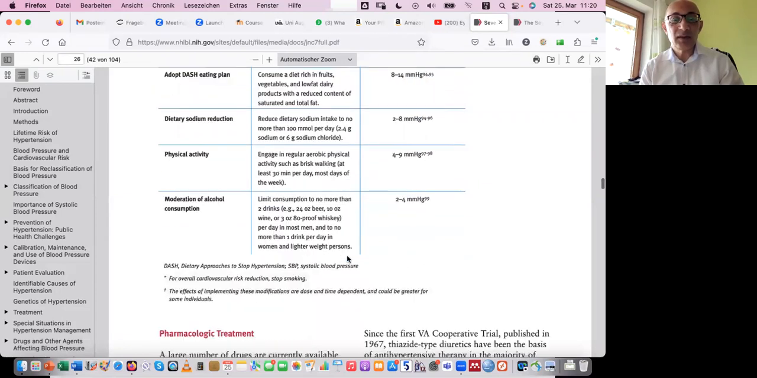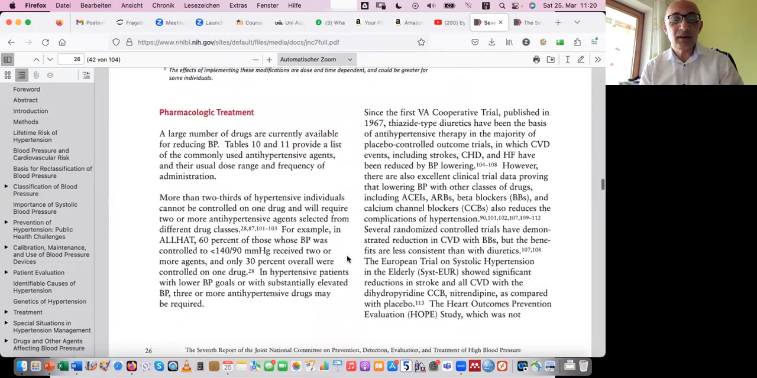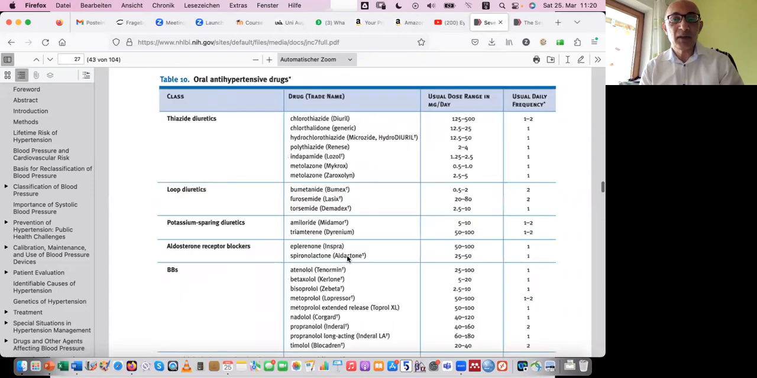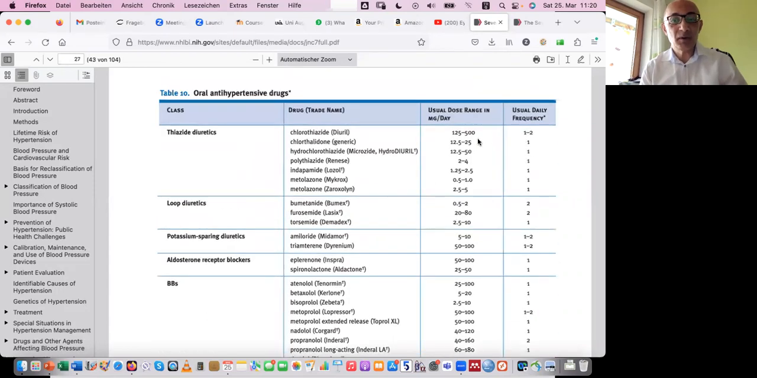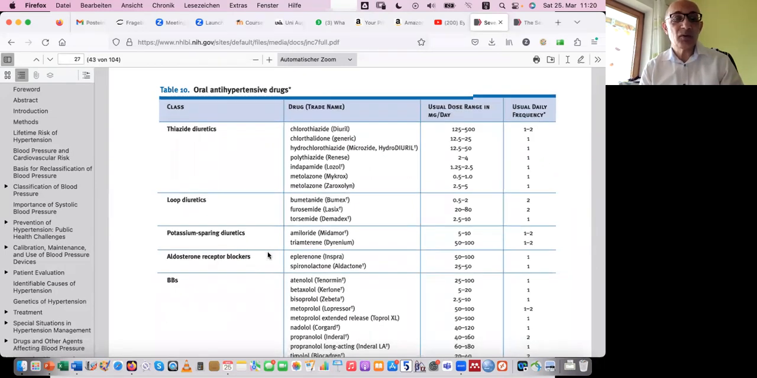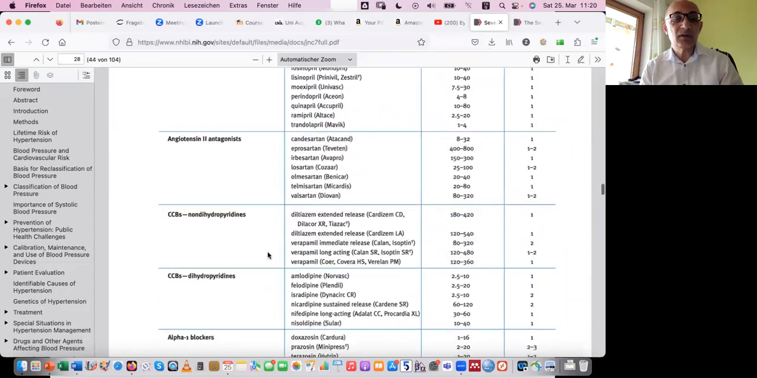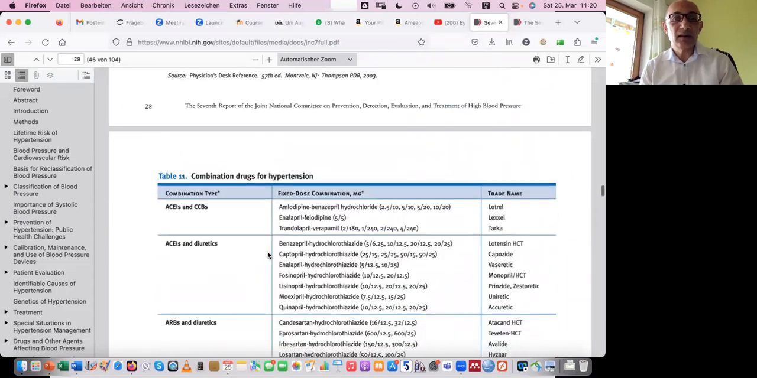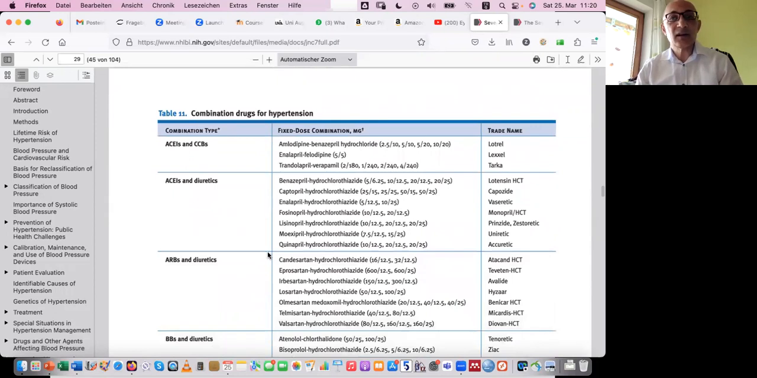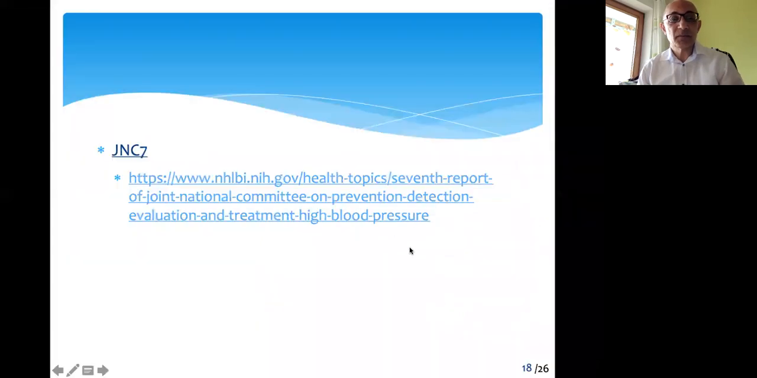So even the different medications and how much benefit you should expect from them is included, and which combinations are good in which different comorbidities. I like, as I said, this guideline very much, and I suggest you have a look at it. So JNC I mentioned. Then,